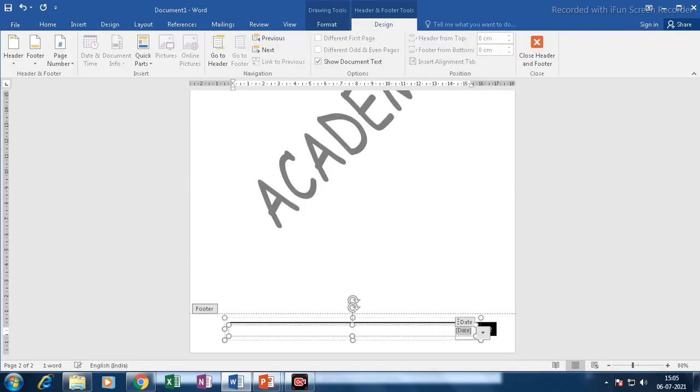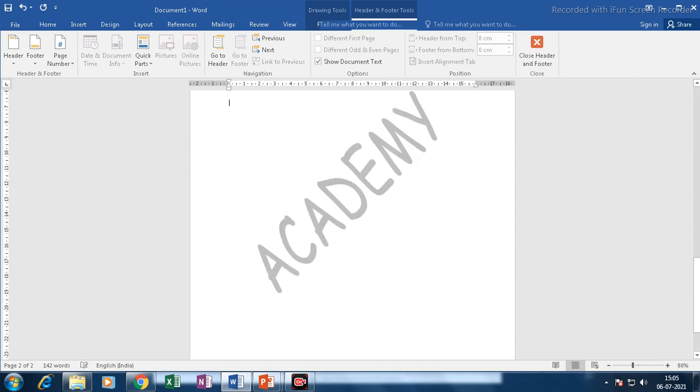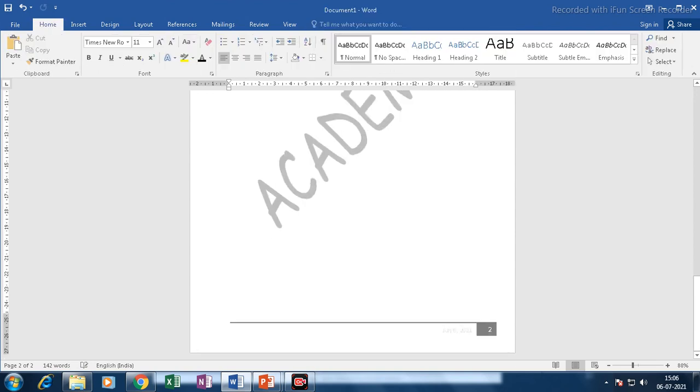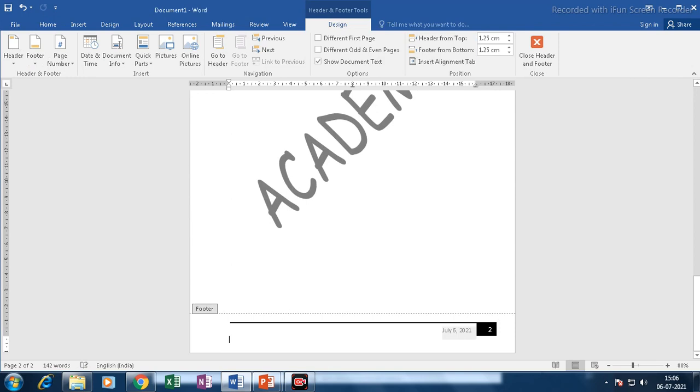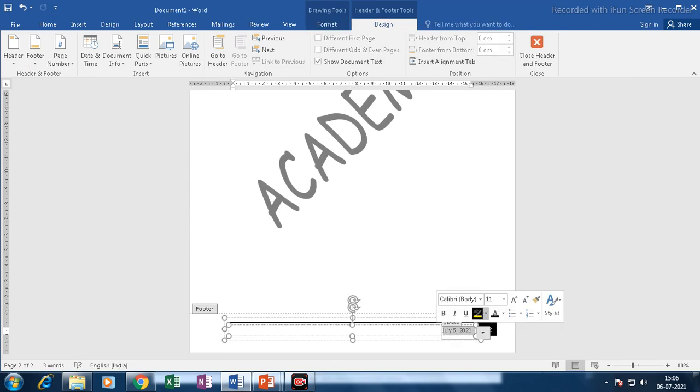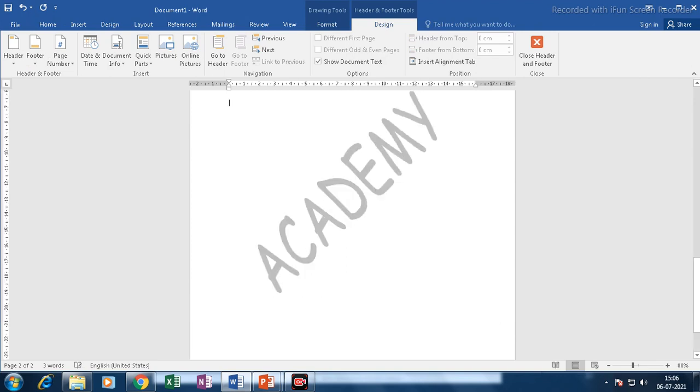If I want to insert a date, click on the date, calendar, select the date, apply. So this is a footer, appearing at the bottom of your page. You can change the color of it also. You can increase the size. You can make it bold also. So you can format your header and footer also.